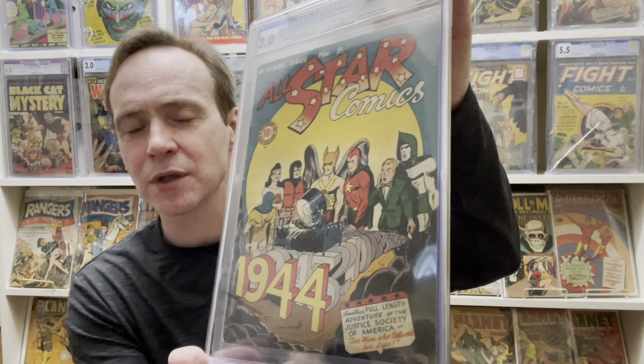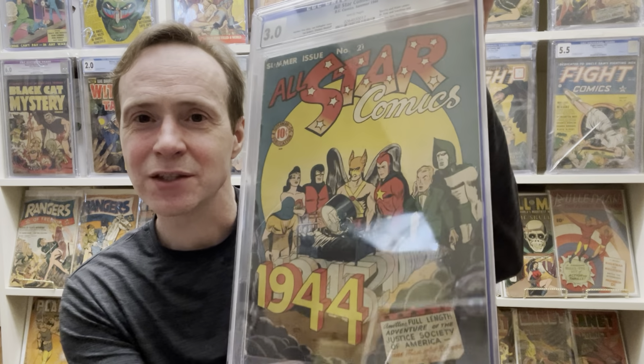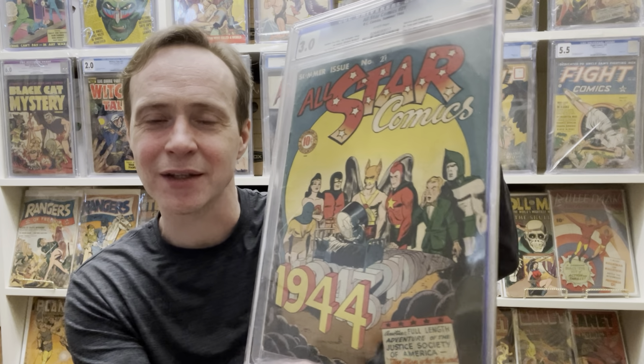Some more All-Star. I have a pretty good All-Star collection, actually. This is All-Star Comics number 21. And it's from, obviously, 1944. And it's just a great cover where you have Wonder Woman and Hawkman and Starman and Spectre. And